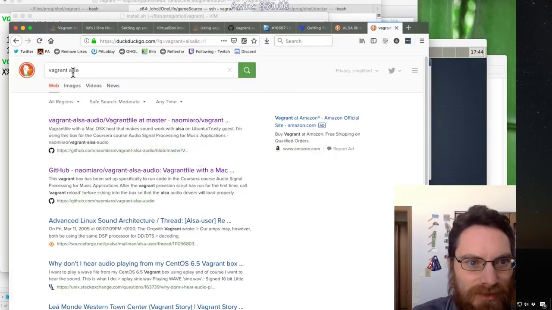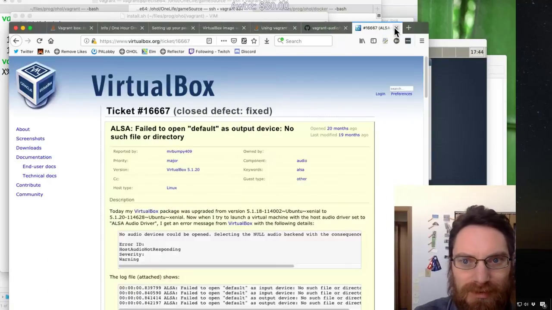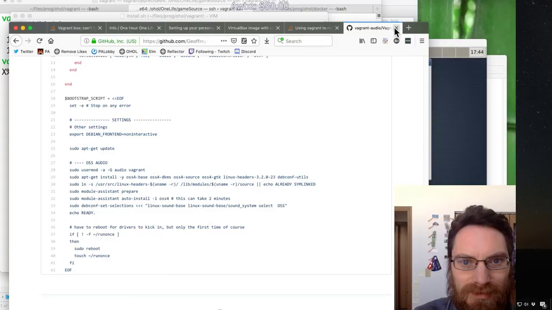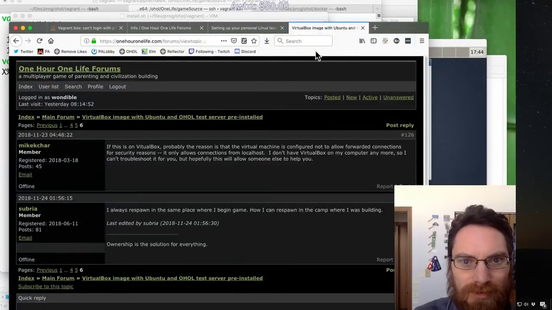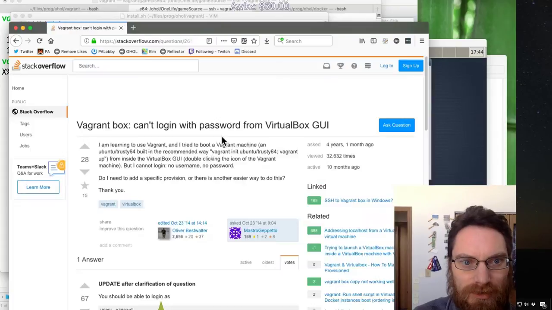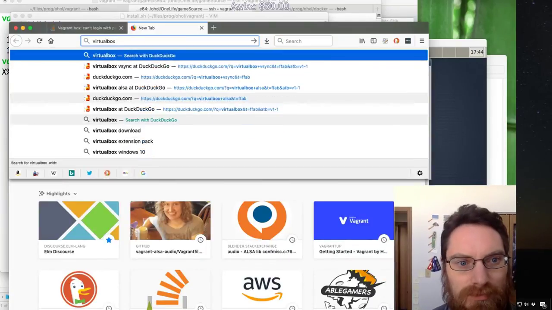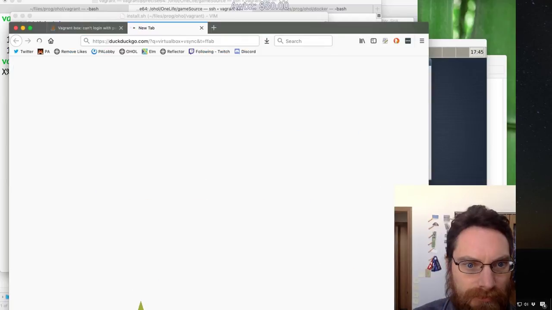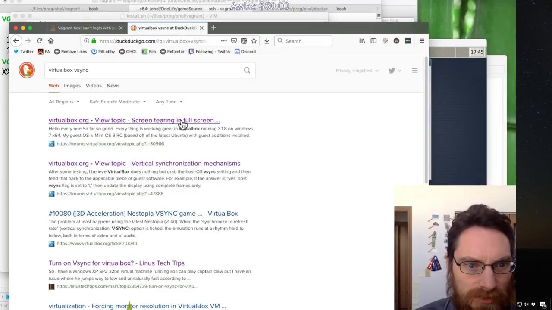Well, this is right now. This is Vagrant also. This is sound stuff again. Complete GUI. No one's really talking about this here. They're all using it for servers. That's what I was just searching. Maybe